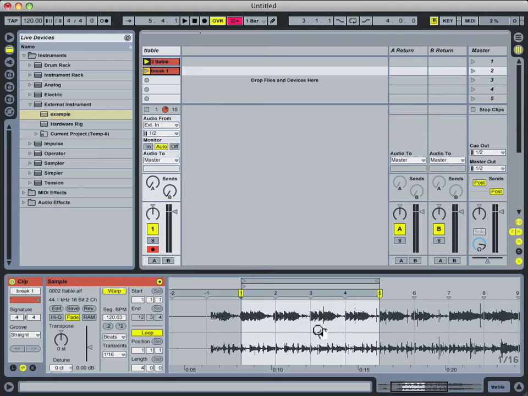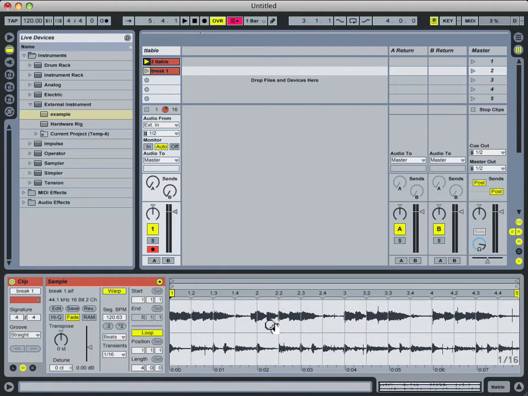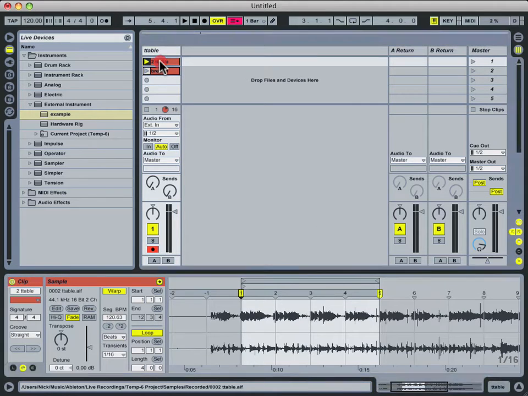Since this new clip is just supposed to have one breakbeat in it, we don't need all of this other musical information that is surrounding the loop. So it's best just to go in and crop this sample so that it keeps only the audio that you want. And that's as simple as right-clicking right here in the clip view and going to Crop Sample. And there you go, it throws away all the useless information and just keeps the loop that you want to work with. Let's move back up to our original recording here and loop up just one more break that we